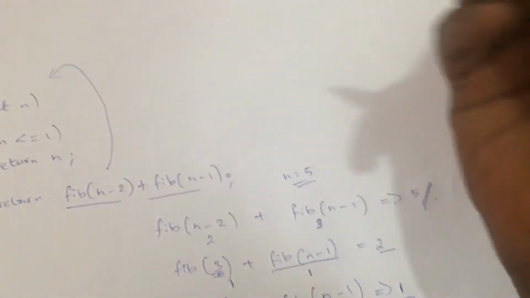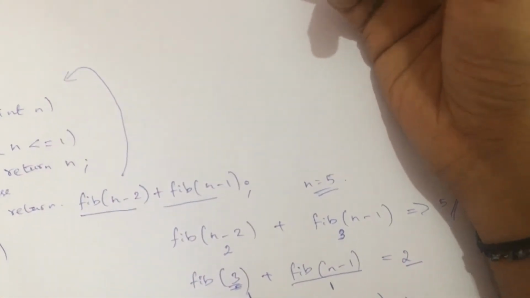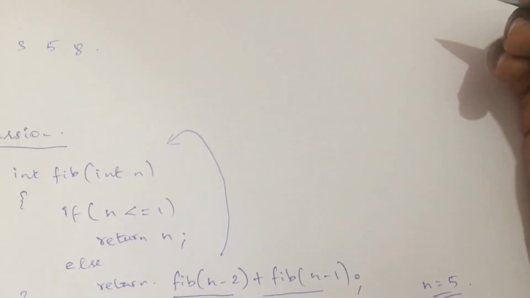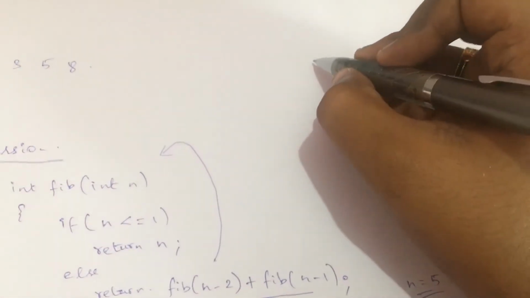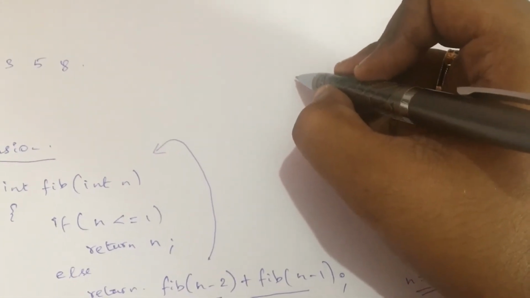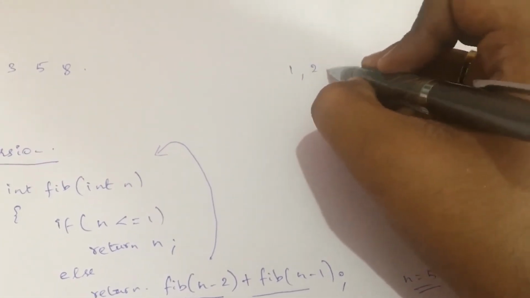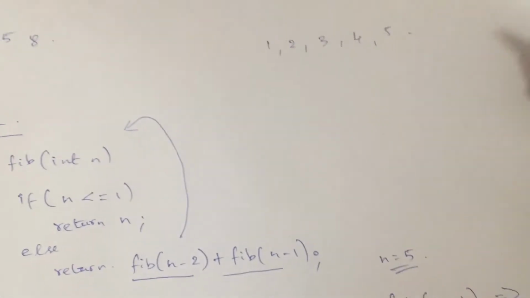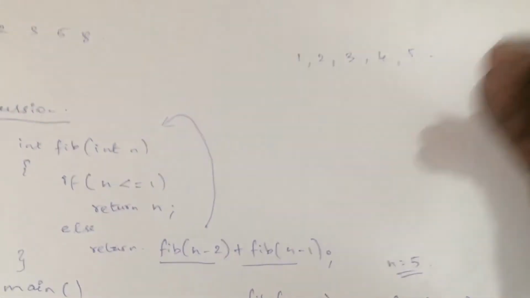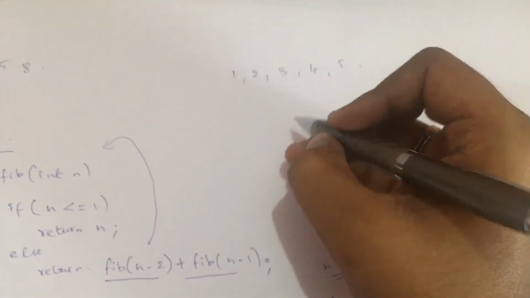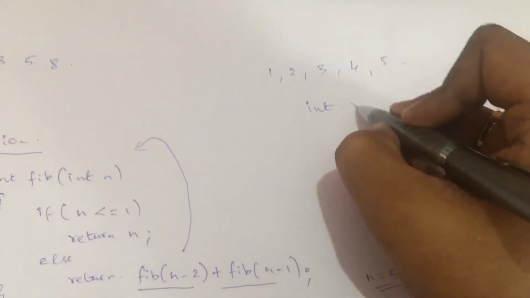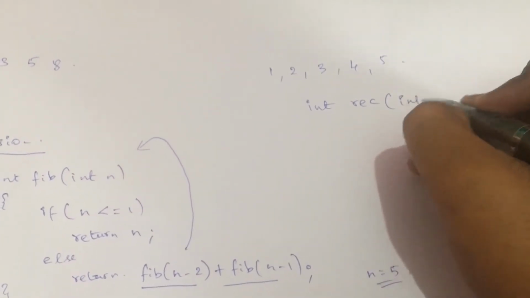So for example, now let's assume that we have to find the sum of all the numbers, right? So assume we have to find the sum of all the numbers. So for that, let me write a small recursion sequence. Like first I need to take 1, 2, 3, 4, 5, and I need to add all the values, right? So how can I write a simple recursion for this? So for writing a simple recursion, what I can do is, int recursion of int n, right?